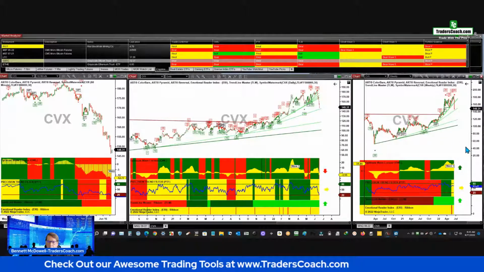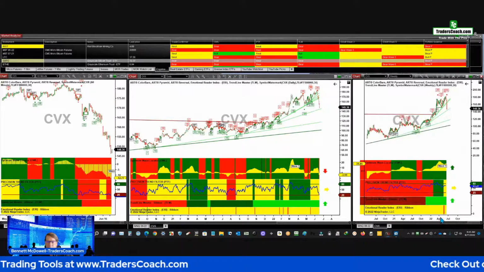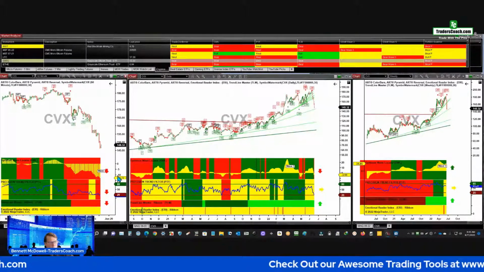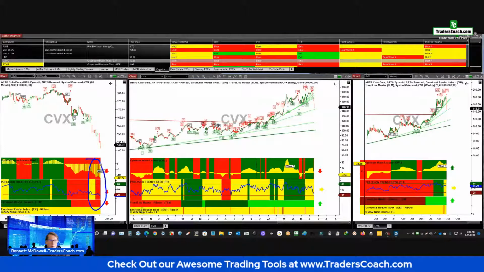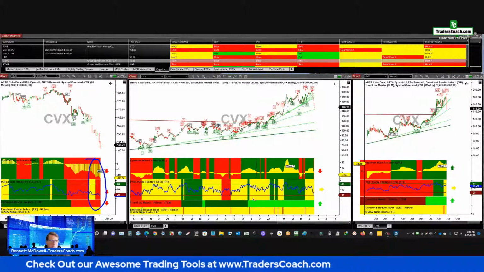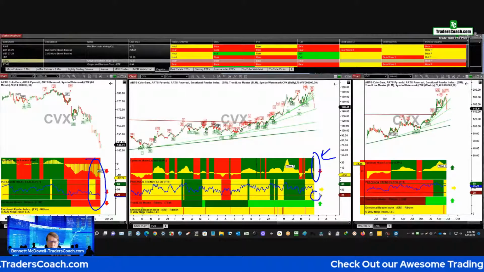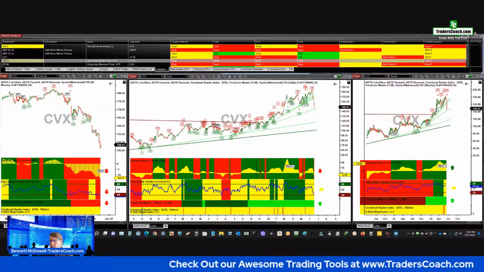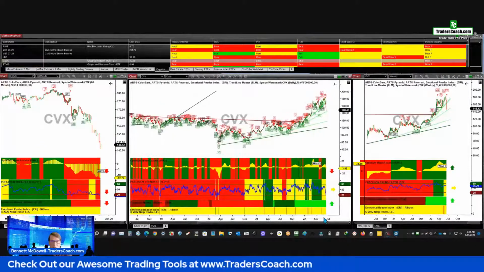All right, so what we have here is a trend that is now in a selling mode. If you look at the 60-minute chart, we've got bearishness, strong, strong, strong bearishness. Now we have a red owl here and almost red down here. So this is in a correction mode. I think probably at this point, the bull run is over on this one.